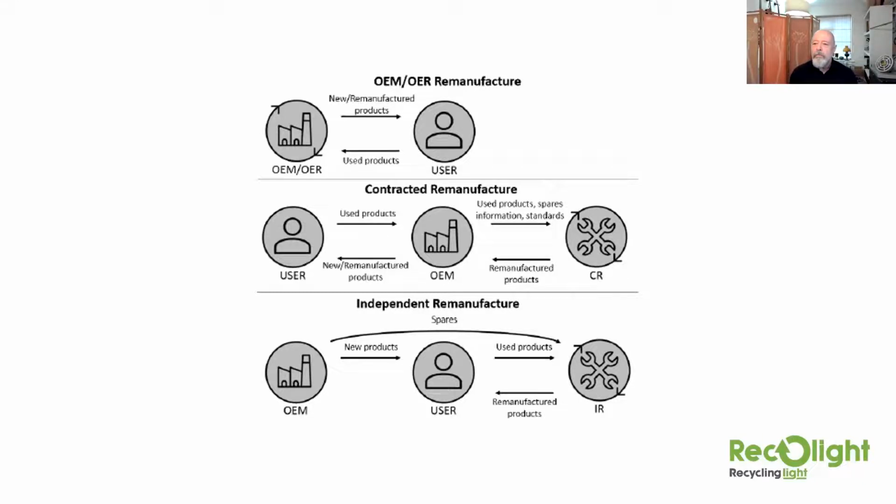I don't really want to strip them all out and put new stuff in. What can you do to help? Now, who is that person? Who is that independent remanufacturer? What standards are they working to? How do we know? What kind of assessment has been made on the quality of their business? And ultimately, just that little arrow that connects the original manufacturer to the independent manufacturer, we need confidence in that